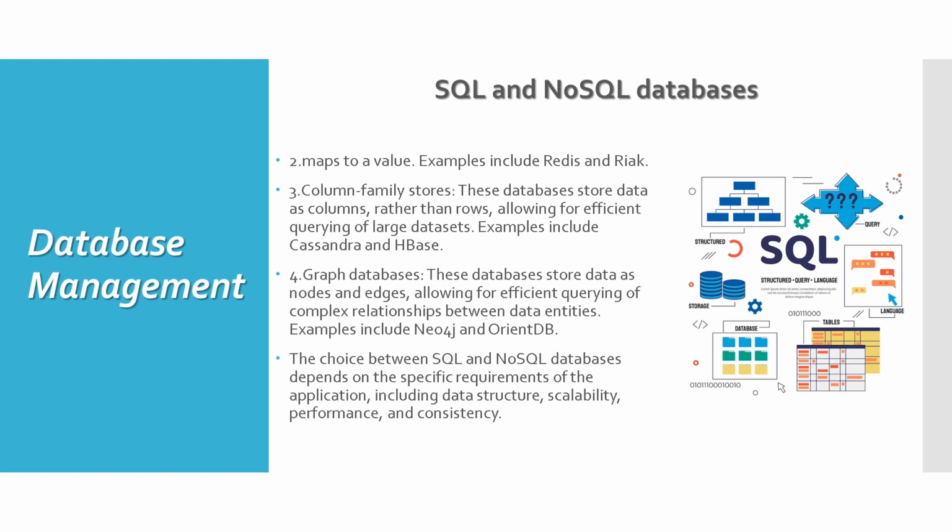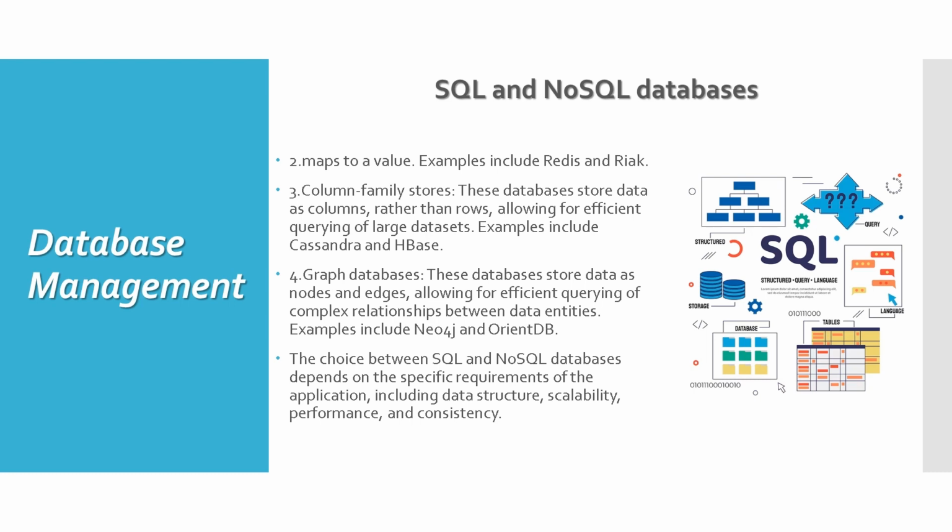3. Column family stores. These databases store data as columns rather than rows, allowing for efficient querying of large data sets. Examples include Cassandra and HBase. 4. Graph databases. These databases store data as nodes and edges, allowing for efficient querying of complex relationships between data entities. Examples include Neo4j and OrientDB. The choice between SQL and NoSQL databases depends on the specific requirements of the application, including data structure, scalability,